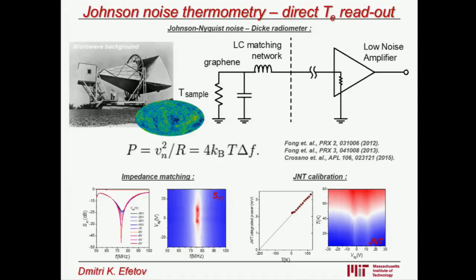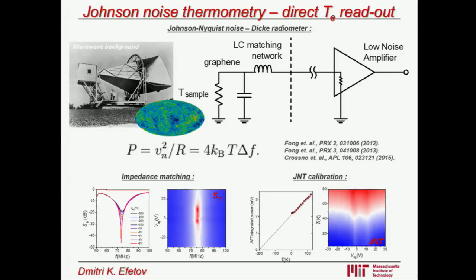Johnson-Nyquist noise is basically just thermal noise of the electrons. And the power of this electronic noise is directly proportional to the electronic temperature. So by making up an RF circuit scheme this way, where we have graphene as a thermal radiator, then we have an LC matching network, which allows us to transmit RF radiation effectively through the wires. And then we amplify this noise, and we just measure it with a typical lock-in